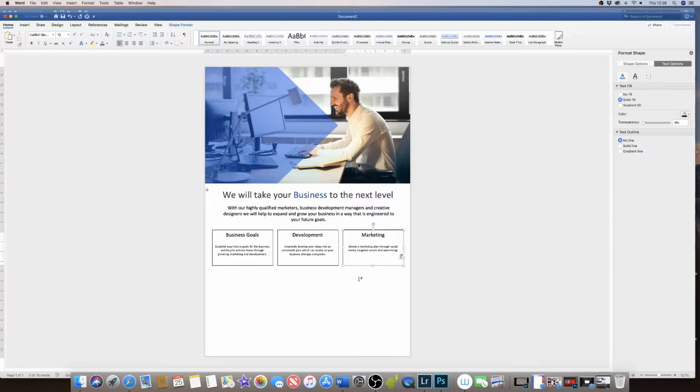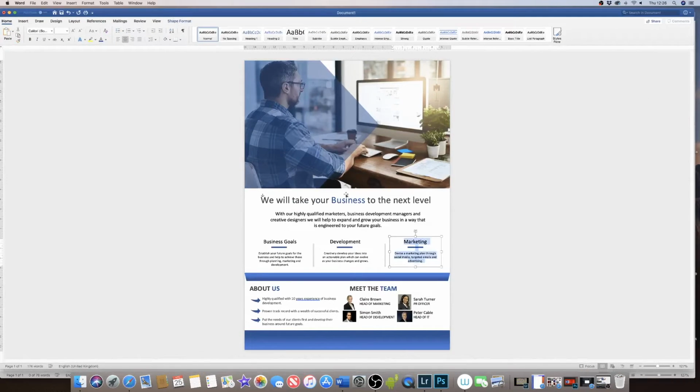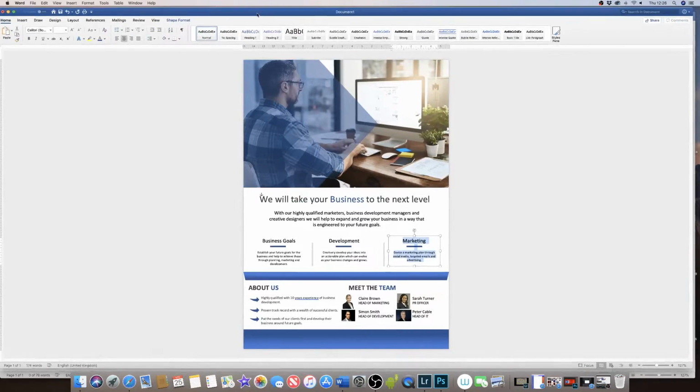And paste that in. Okay, so now we have our 3 sections. As you can see on this particular one, just to add a little bit of interest, what they've done is they've used a little icon here, a little line here, and put some lines here as well. So what we can do is we can replicate that